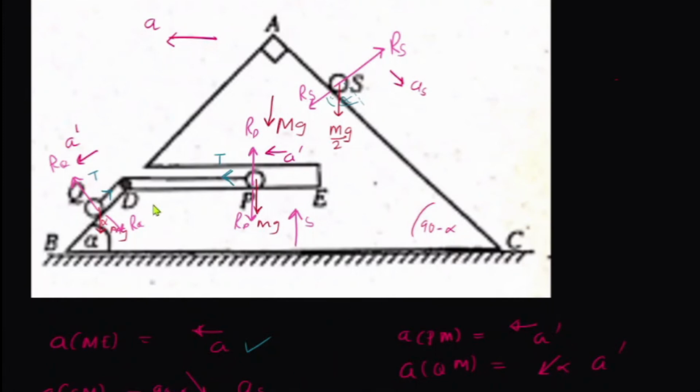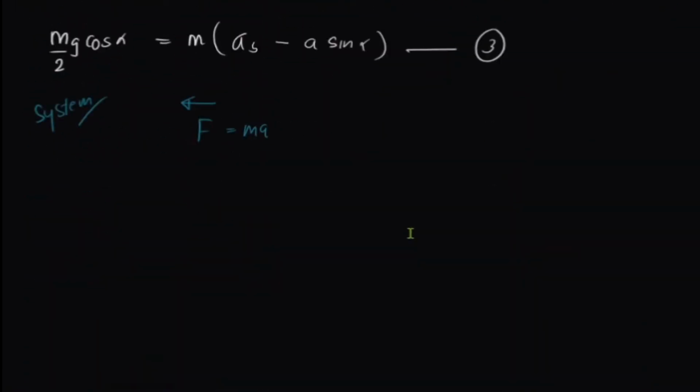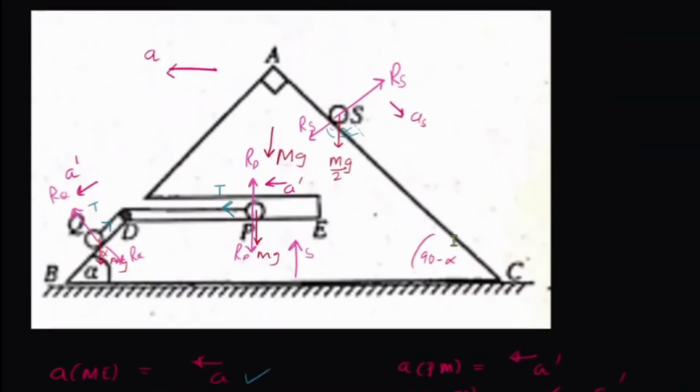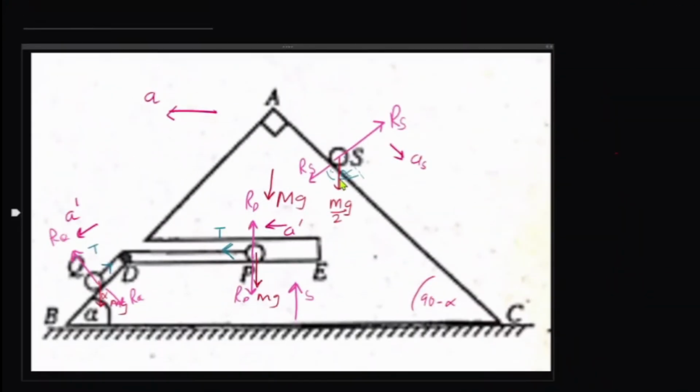What is the horizontal acceleration of the system? These two cancel. This RS cancels. RQ cancels when you consider the system. The perpendicular forces, mg, capital M, all these are perpendicular forces. There is no horizontal force. There is no resultant horizontal force. Therefore, if you consider the system, the resultant horizontal force is going to be 0. What is the total mass of the object? The total mass of the object is